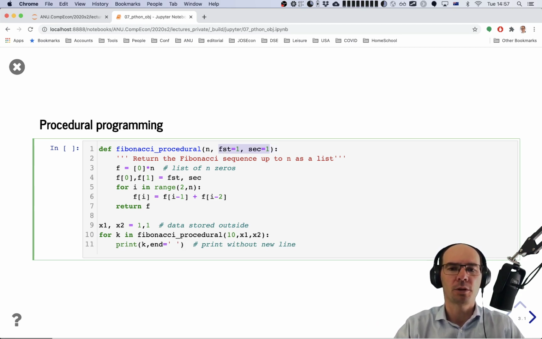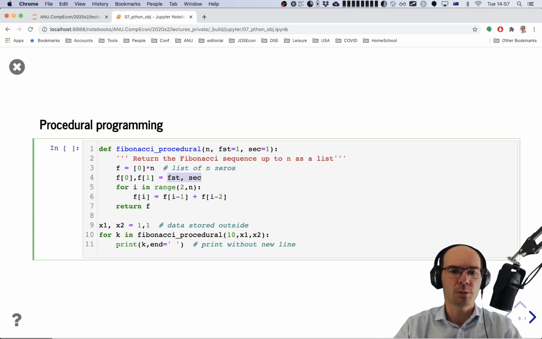members of the sequence, and of course for the standard Fibonacci these are 1 and 1, but it could be a Fibonacci-like sequence started from different numbers. And let's see what happens here. Well, first we're creating the list of zeros. This multiplication here stands for repeating the element of the list so many times, or n times. And then in the first 2 elements of the list, indexed 0 and 1, we put the first and the